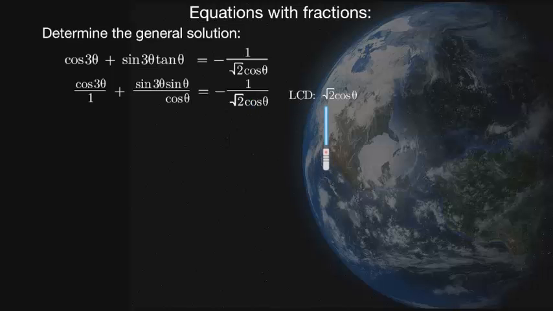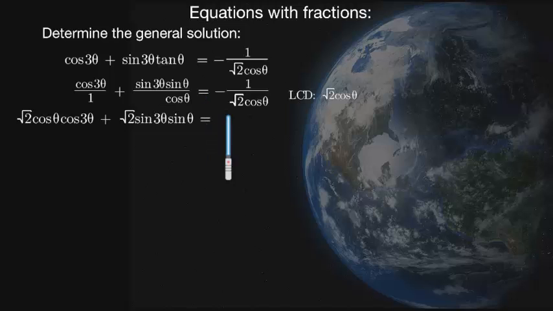So how do we do that? We take the square root 2 cosine theta and we divide it with the denominator and we multiply the answer with our numerator. So let's do it. Square root 2 cosine theta divided by 1 is square root 2 cosine theta. And square root 2 cosine theta times cosine 3 theta gives us square root 2 cosine theta cosine 3 theta. We write the plus and we do it for the next term as well. Square root 2 cosine theta divided by cosine theta is square root 2, and square root 2 times sine 3 theta sine theta gives us square root 2 sine 3 theta sine theta equals,